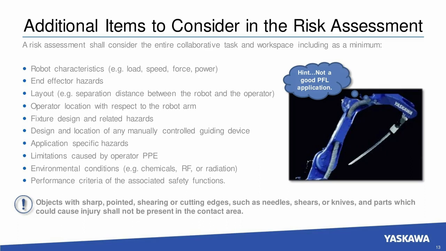So if I can do lead-through teaching, is that in a good place that keeps me away from where the hazard may be? Application-specific hazards: hot glue guns, welding. Some others might be